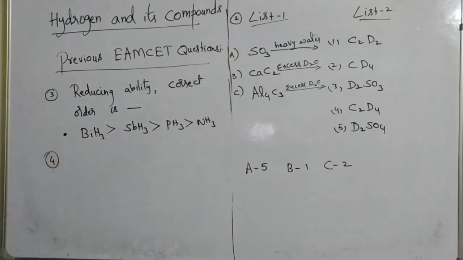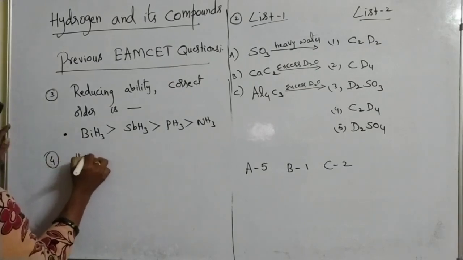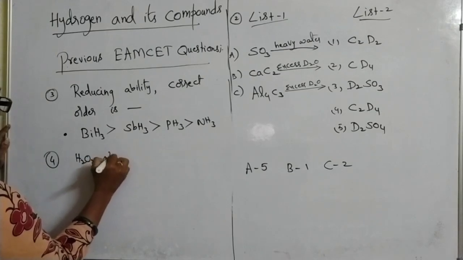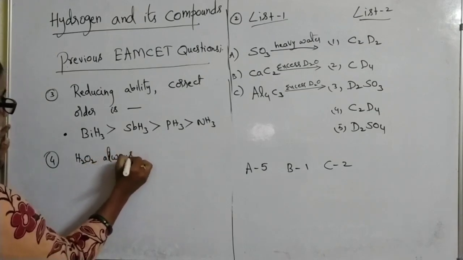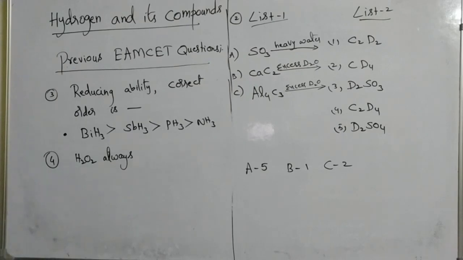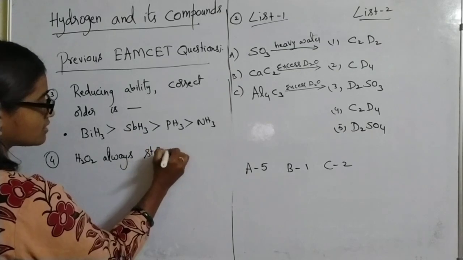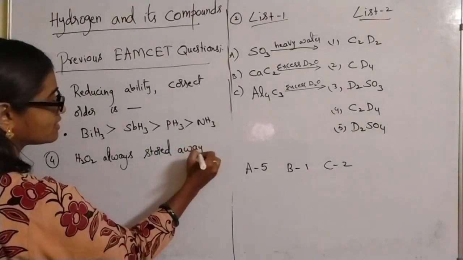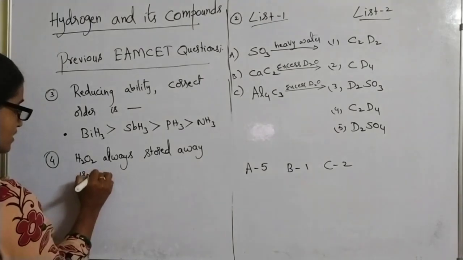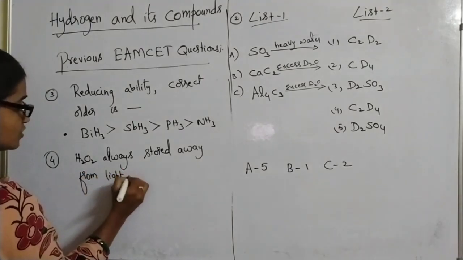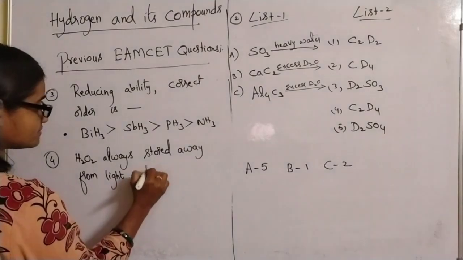So we'll go to the 4th question. Hydrogen peroxide is stored away from light because it gets decomposed when exposed to light. H2O2 is always to be stored away from light. Why do we store H2O2 away from light? Because